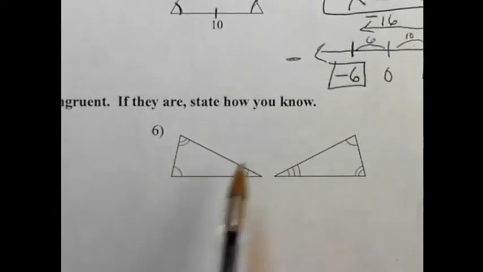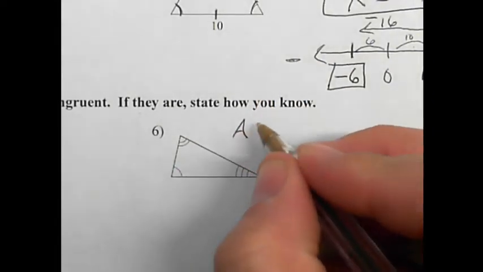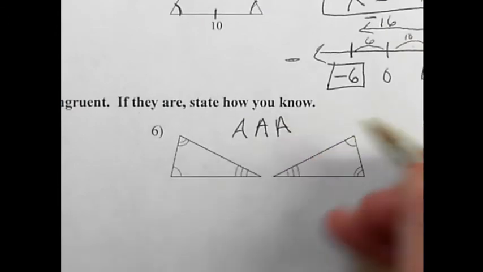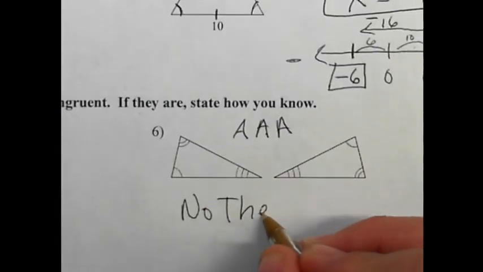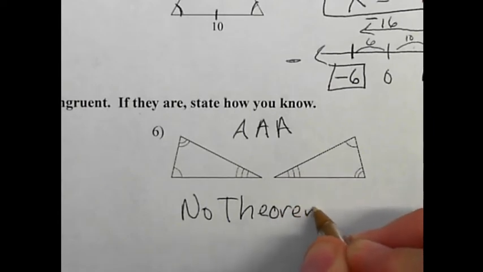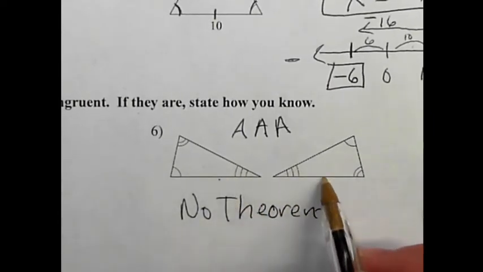For number 6, we're given 2 more triangles. We got to determine if they are congruent. Well, here we have an angle and an angle and an angle, but there is no such theorem. So we can't prove congruence because really, truthfully, we don't know if this side is the same length as this